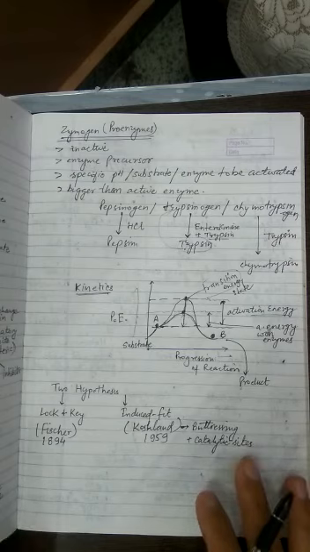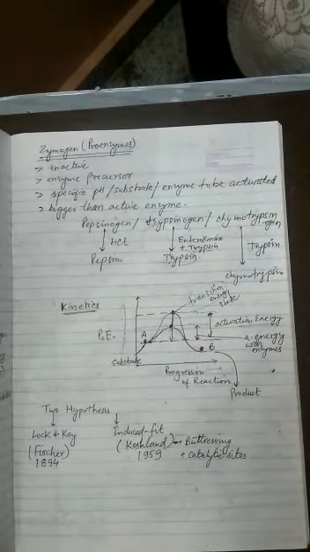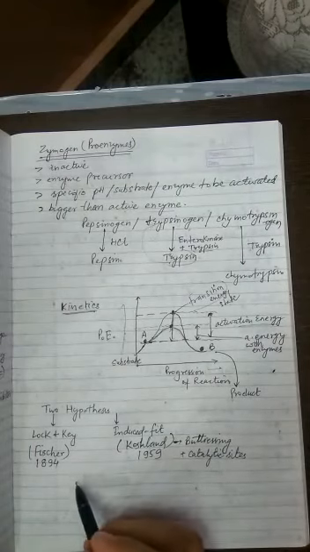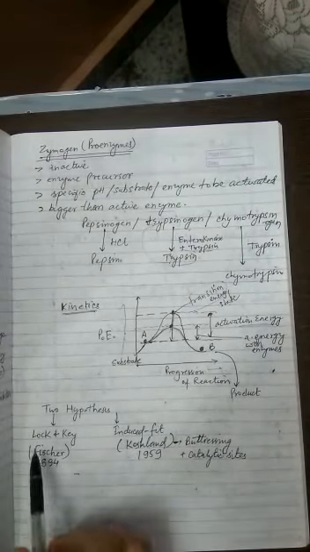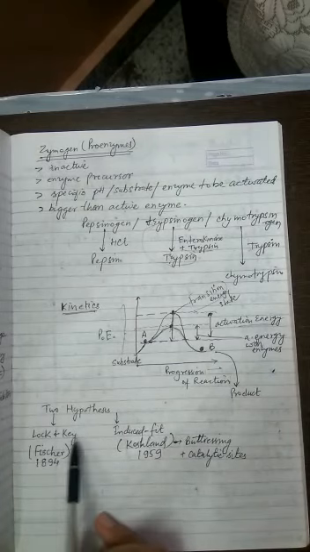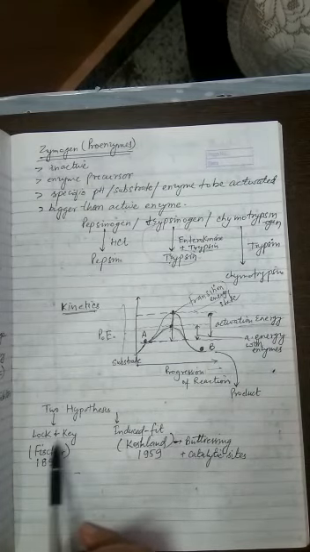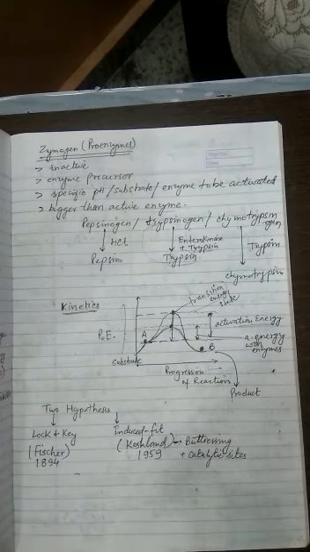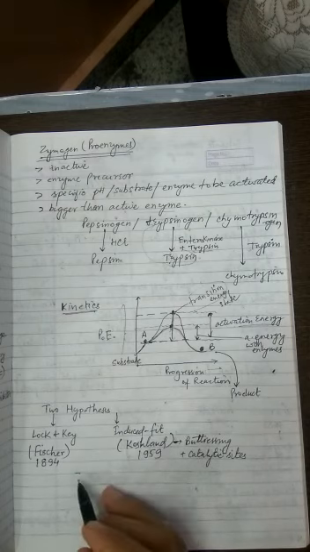So what exactly happens in the lock and key hypothesis is, as I told you long time back, compatibility. Lock and key are both compatible to each other. The lock will have a certain place which has a particular shape and levers, and the key of the similar type is supposed to enter inside, and that's how the lock is going to unlock. This mechanism is called the lock and key hypothesis. In the same manner,